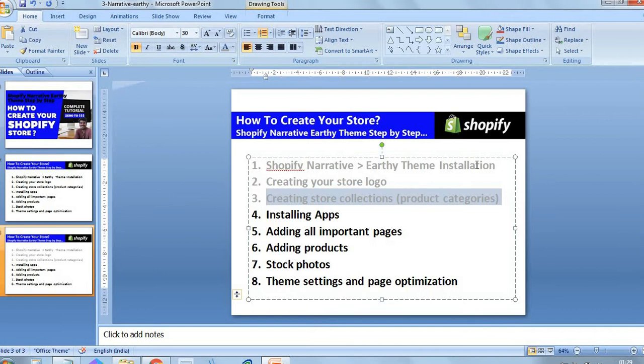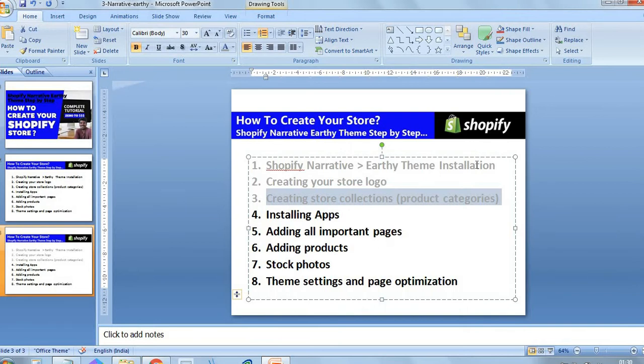How to install an application? Actually, the purpose of applications in Shopify is to give more facilities for a particular function, because Shopify is by default not included with hundreds of features.